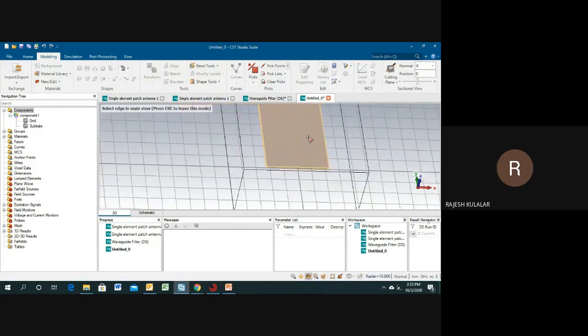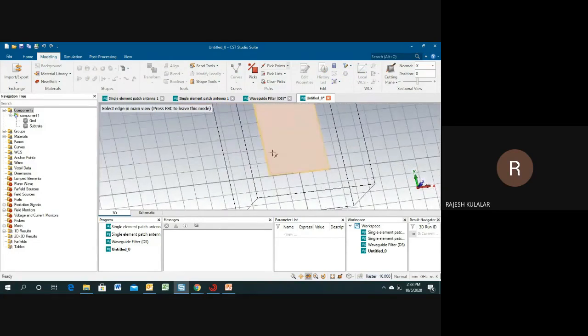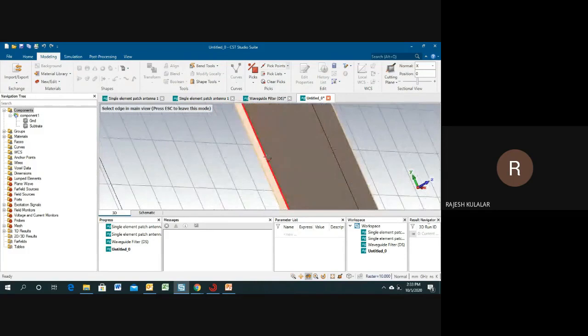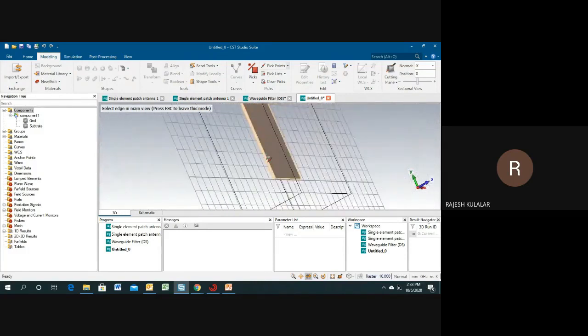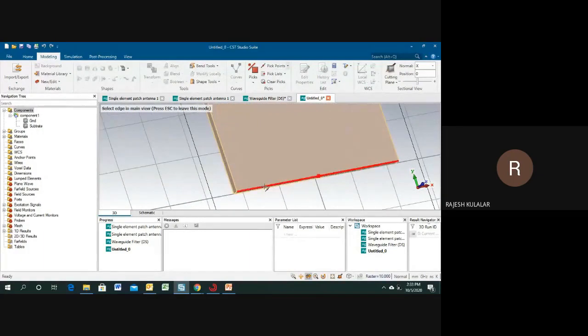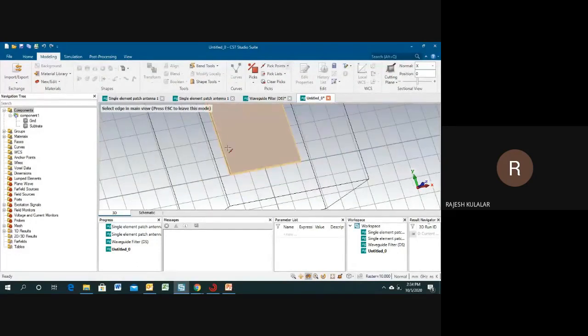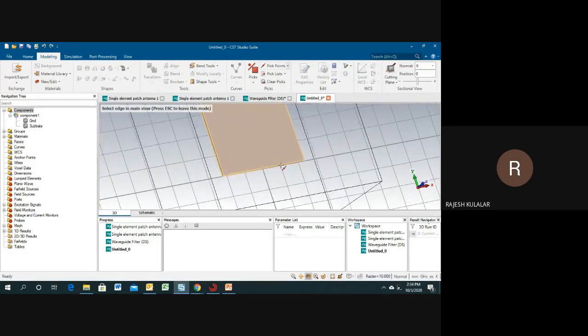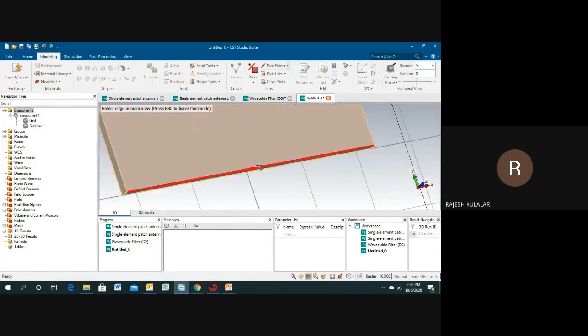You can see the edge is highlighted automatically. If you go to this edge, you can see this one is a middle point. If you go here, you can see this one is a middle point. So for the selection of the middle point of the edge, just double click on this point.